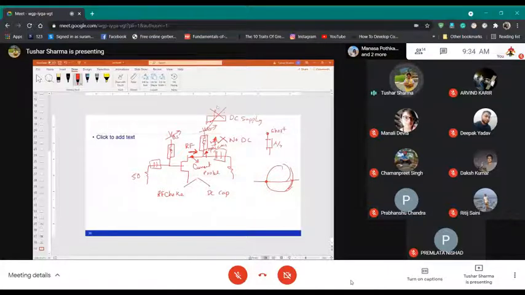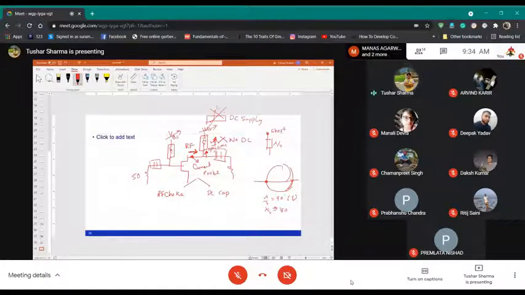Lambda by 4 is 90 degrees electrical length, but it's equal to a 180-degree rotation on the Smith chart, because the total rotation is 360 degrees.